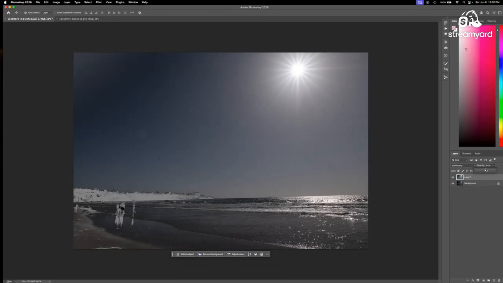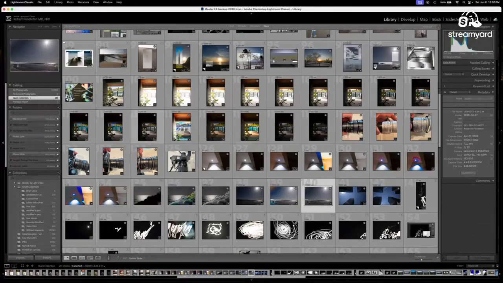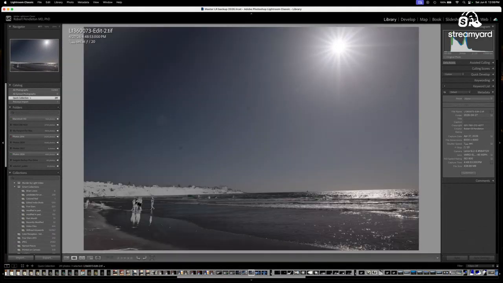I'm a little more partial to that, maybe at 50%, 60%. Let's close this now and save it. Go back to Lightroom. Here it is.